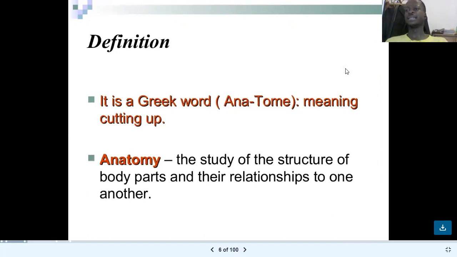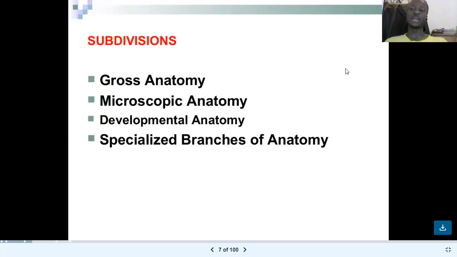But in a way, this does not really encompass what anatomy is, because you'd find that there are many components that make up anatomy, the subdivisions of which are gross anatomy, microscopic anatomy, which you may refer to as histology, then developmental anatomy, that is the embryology part. Then, of course, there are specialized branches of anatomy. And also in the research field, you can look at educational anatomy, there is social anatomy, and so forth, right? But for the purposes of learning, we'll be restricted to these three,